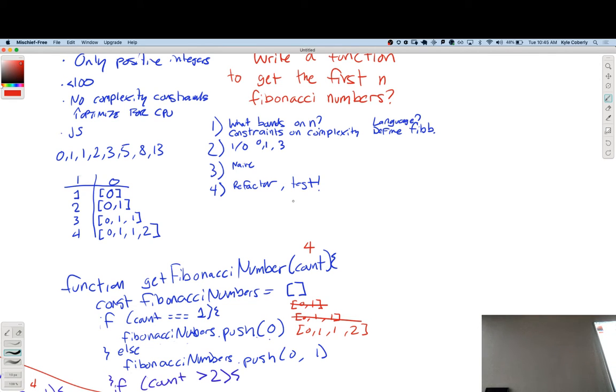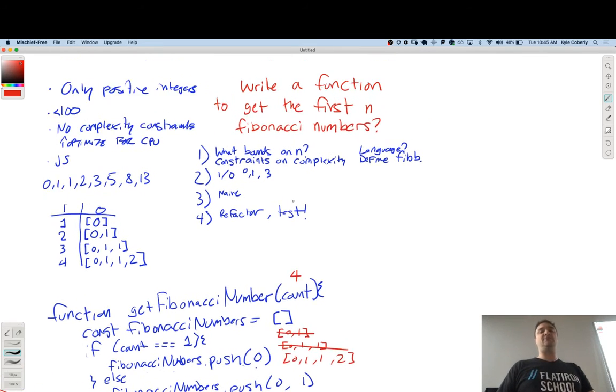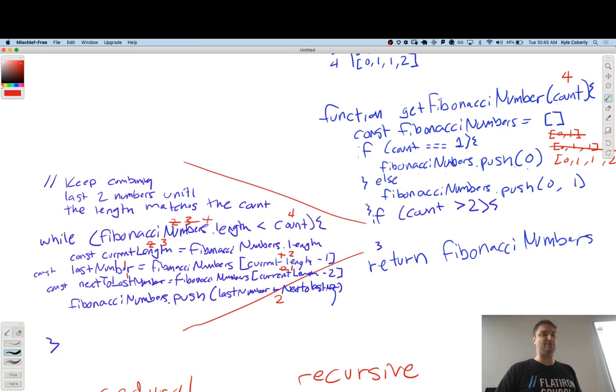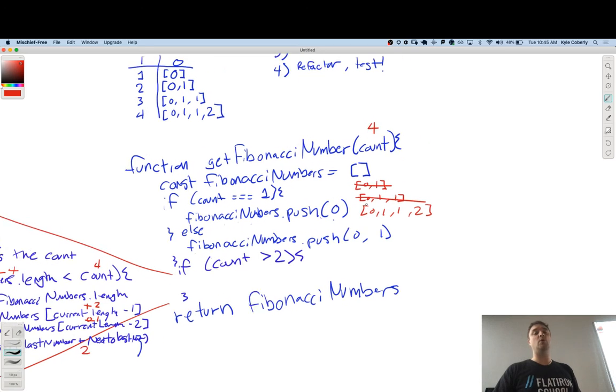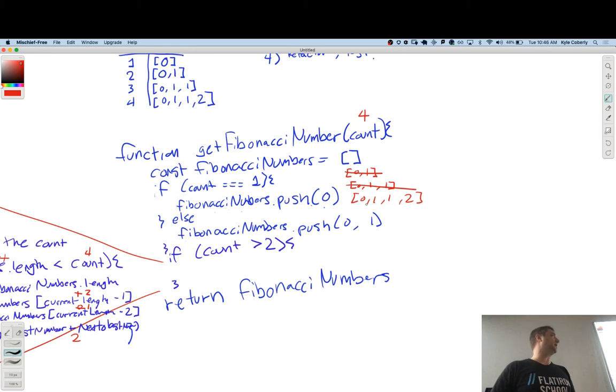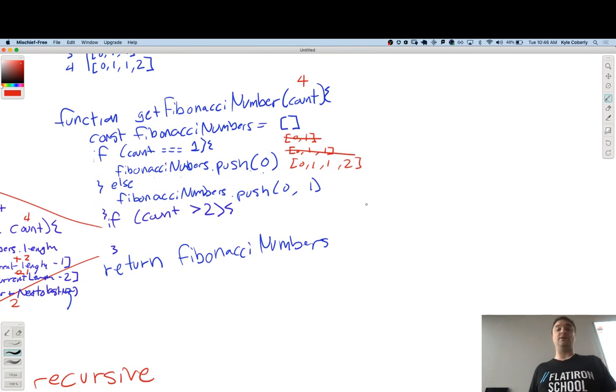Great question. So the reason I did the consts and stuff is because I asked Toby if he wanted it in a language, and he said JavaScript. So do your best to write syntactically accurate JavaScript. However, there's some capitalization, some scribbly stuff that I was doing. Nobody actually cares that much. And also, most of the time, you'll get something like pseudocode. And the pseudocode for this looks similar, but not at all the same. So pseudocode for this first part of it would probably look more like this.